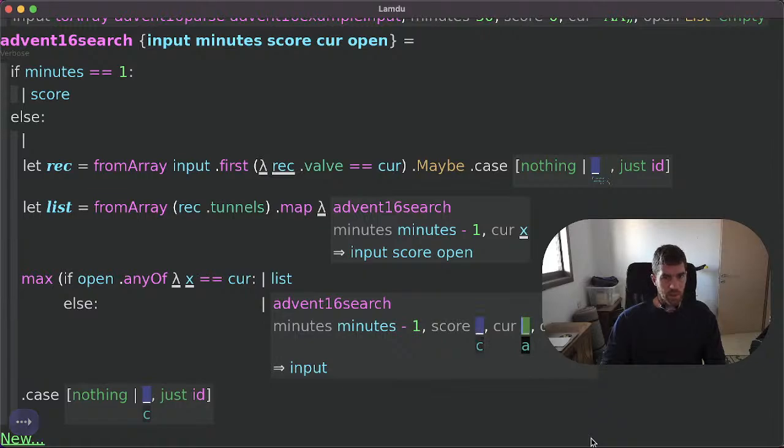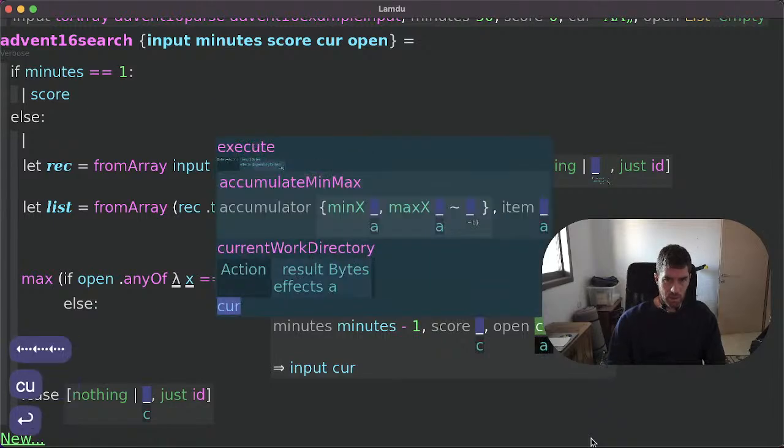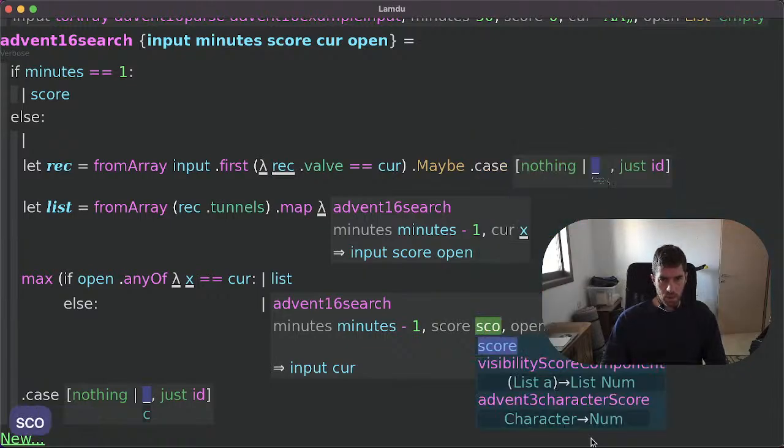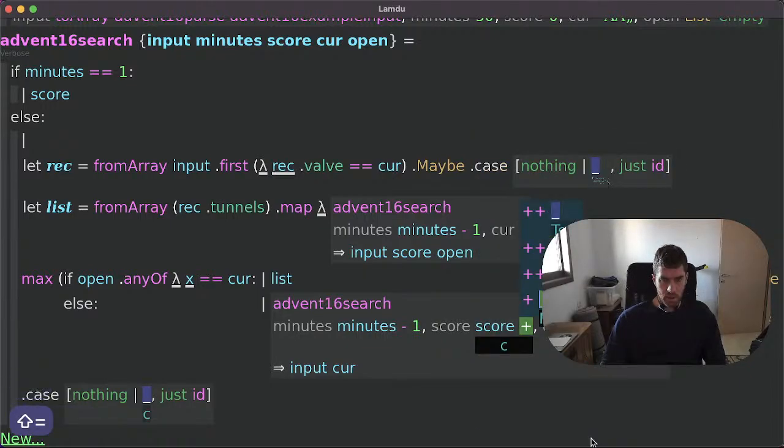And we're in the same current place. And open has a new one, sorry, not score, open has a new one, which is the current. It's considered open. And the score will be score plus what? Plus the,